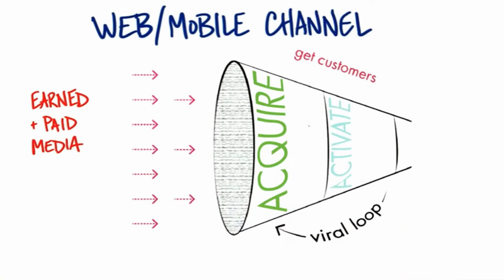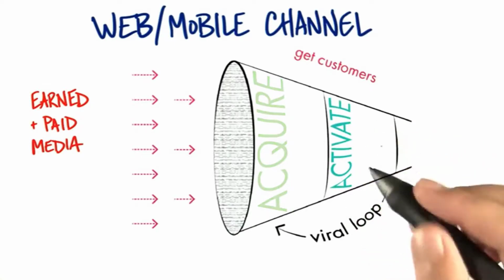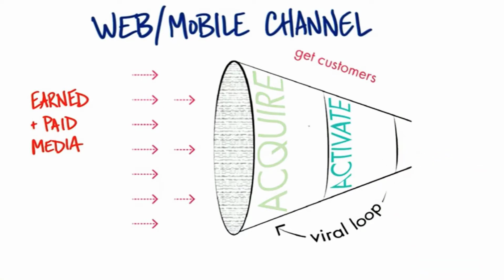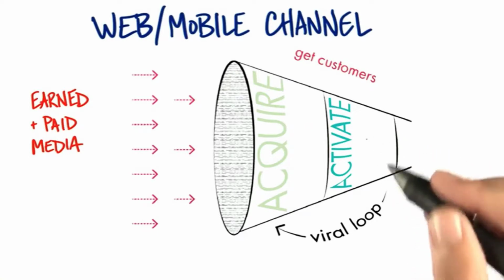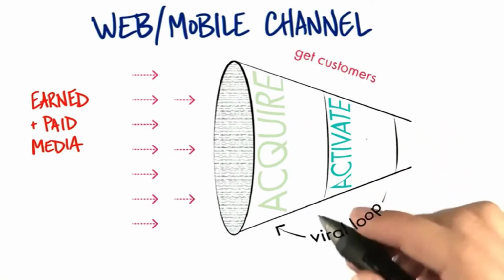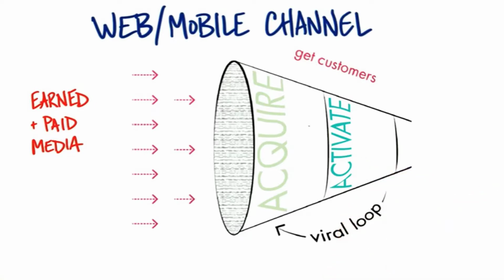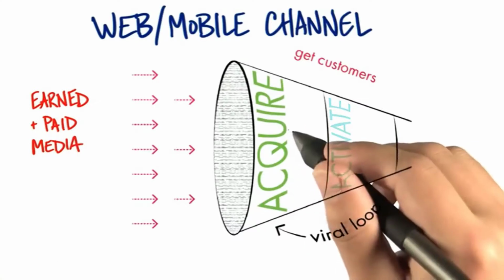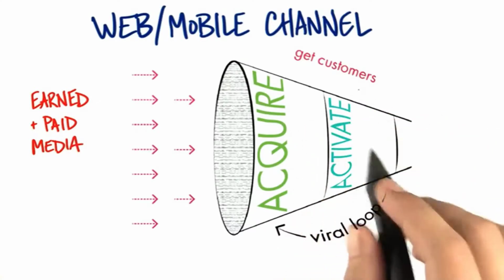But the next step is much harder. After I acquire them, I want them to do something. I just don't want them to look and go away. I want them to either pay for the product, or sign up for something, or become a user. That is, the word activate means I want you to engage with my website or my app and do something I have planned for you to do. Now, in the simple world, what I would plan for you to do is open your wallet and give me all your money. In a non-perfect world, you might just be a user, and I'm going to monetize you by getting payers to pay for the fact that I have lots of users. But acquisition, that is acquire, and activation is a two-part strategy.